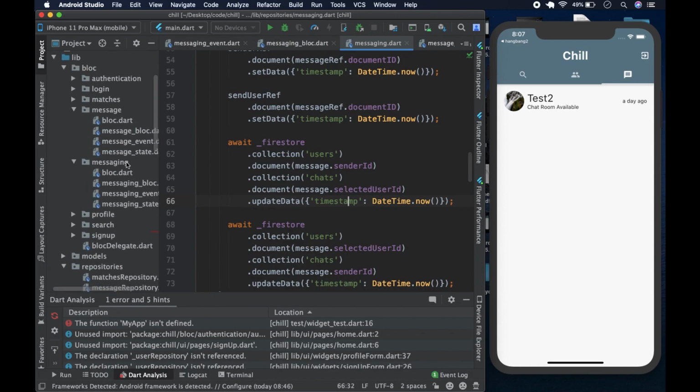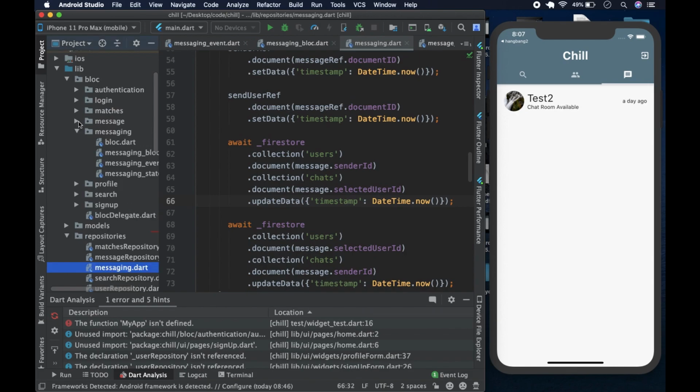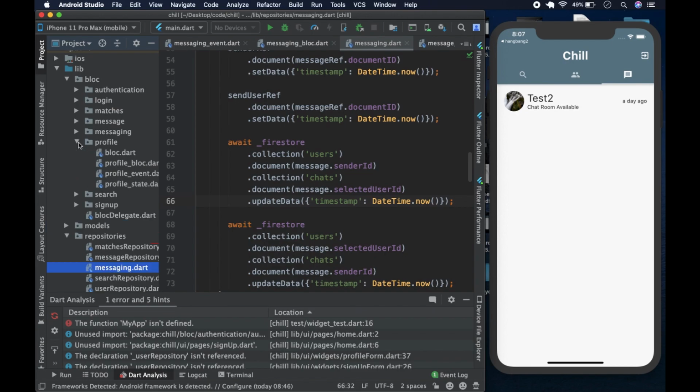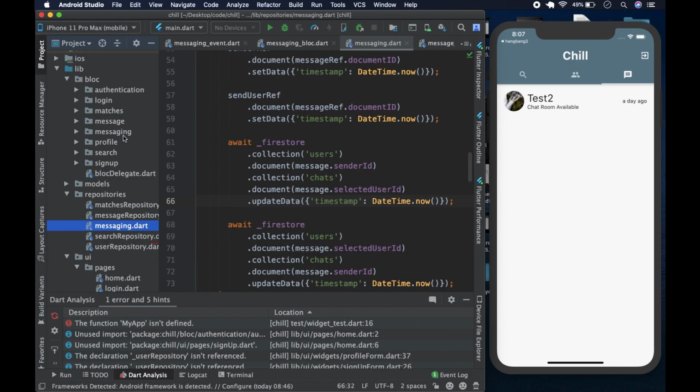We have worked through several blocks. Let's count them. Started with authentication, went to sign up, then created logging, then created search, then created profile. We have a profile block, right? Yeah, profile block. Then we had messaging, messaging matches 1, 2, 3, 4, 5, 6, 7, 8. So I've had 8 blocks, and we are now done with them completely, and we're finished with blocks. So now we just have to create the UI elements, and I think we are done with this video.